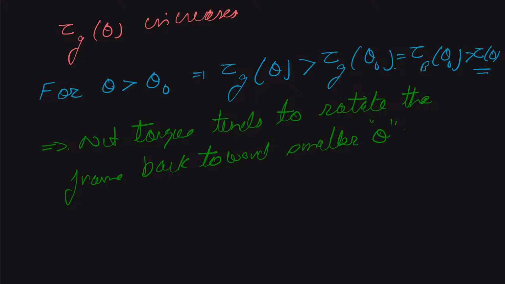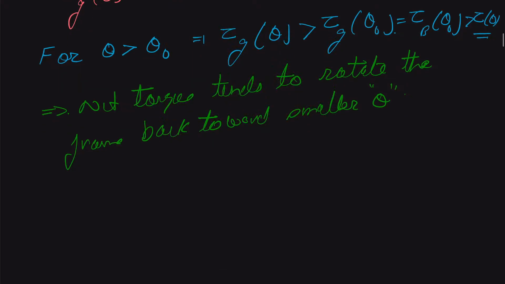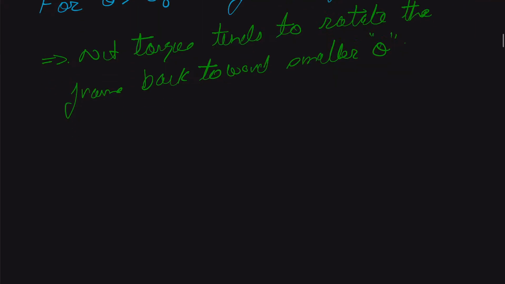And similarly, if theta is less than theta naught, it will move back toward theta naught. So it means in both directions, it will try to come back to its equilibrium angle, that is theta naught. Or in simpler terms, we can say